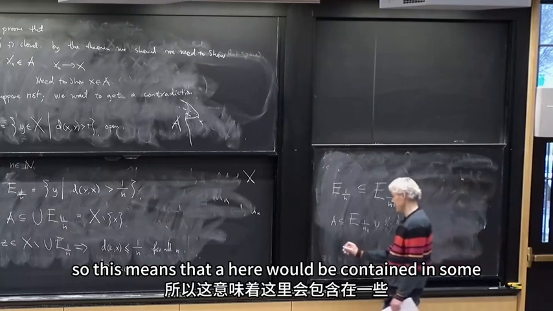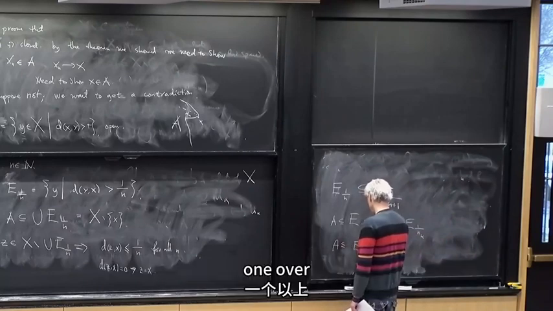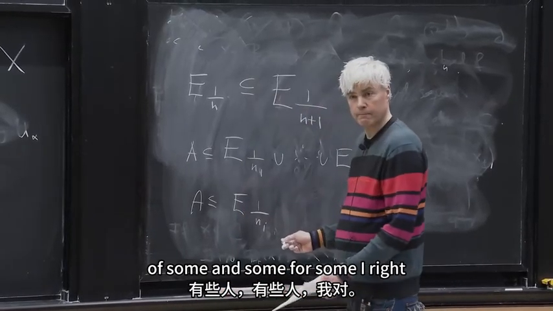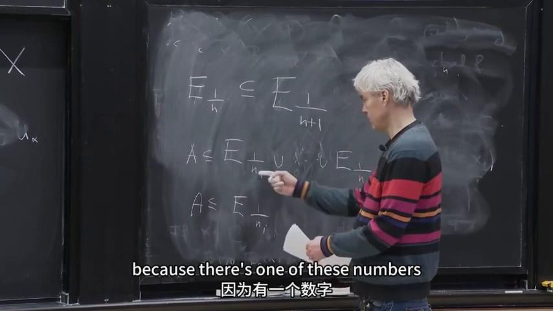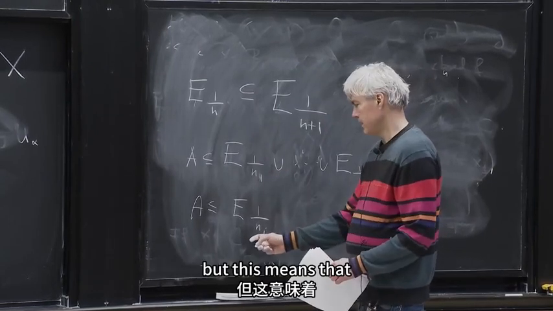So this means that A here would be contained in some 1 over ni for some i, right? Because there's one of these numbers, these ni's, that would be the largest, right? But this means